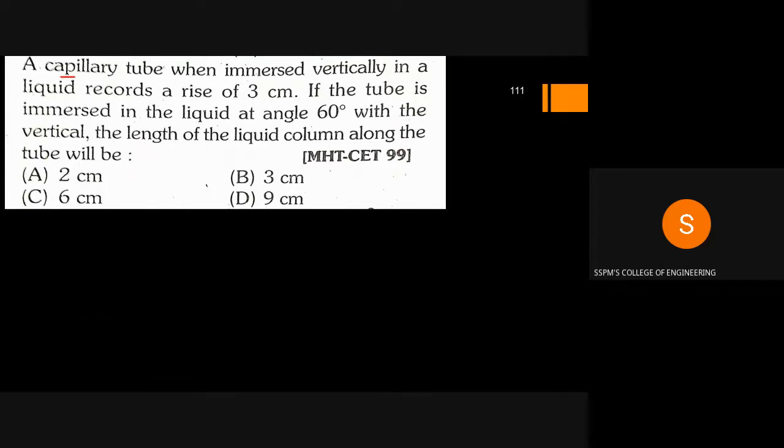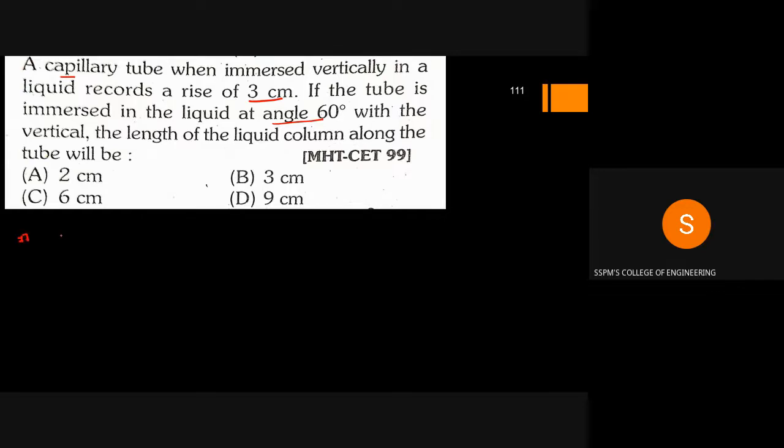A capillary tube, when immersed vertically in a liquid, records a rise of 3 centimeter. If the tube is immersed in a liquid at an angle 60 degree with the vertical, the length of the liquid column along the tube will be. Okay. So condition given is, in the first case,